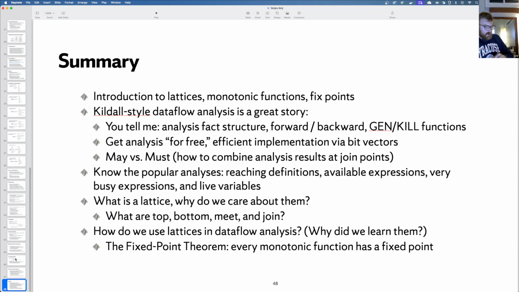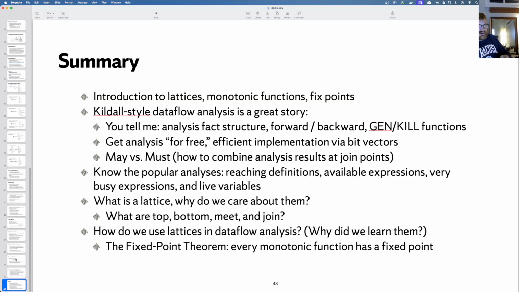So this was a pretty intense lecture, sort of an introduction to data flow analysis. You should have learned about lattices. You should be able to define basic terms from lattices, along with monotonic functions and fixed points. The Kildall-style data flow analysis, by the way, this line of work that I talked about, the traditional gen-kill data flow analysis, was discovered and published by Gary Kildall, who has an interesting history and some association with MS-DOS and Bill Gates, and something that I'll let you look up.